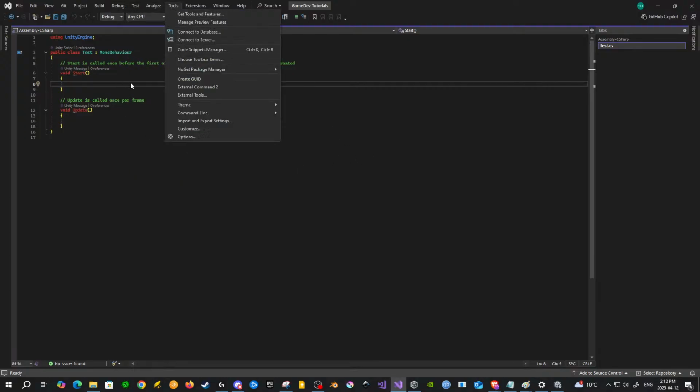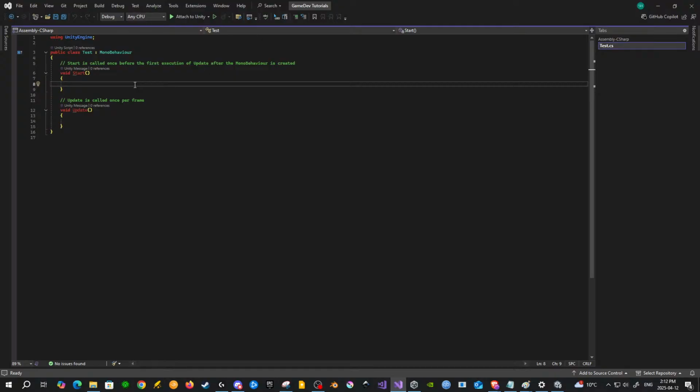Because yes, we're doing this in C#, but there are different subtypes of C# languages. And so when you have Unity 2022, Visual Studio 2022 to use with Unity 6, you need to also have added an extension or a tool, I'm not sure, to your Visual Studio that's going to allow you to,